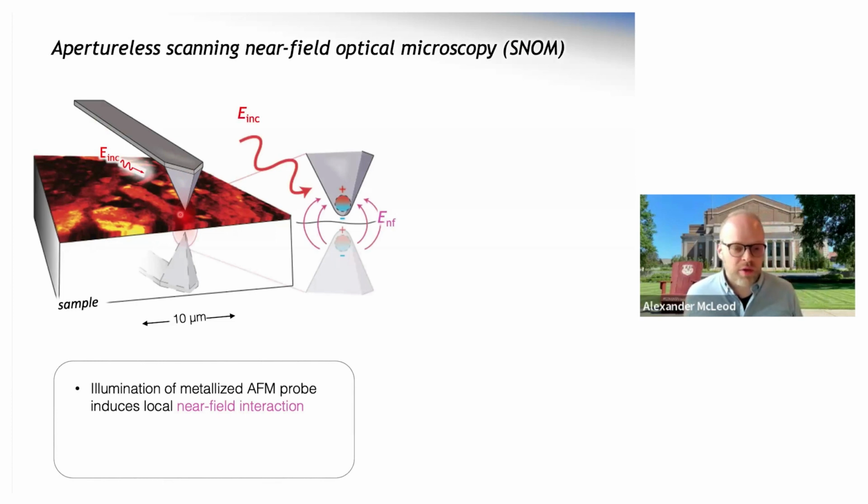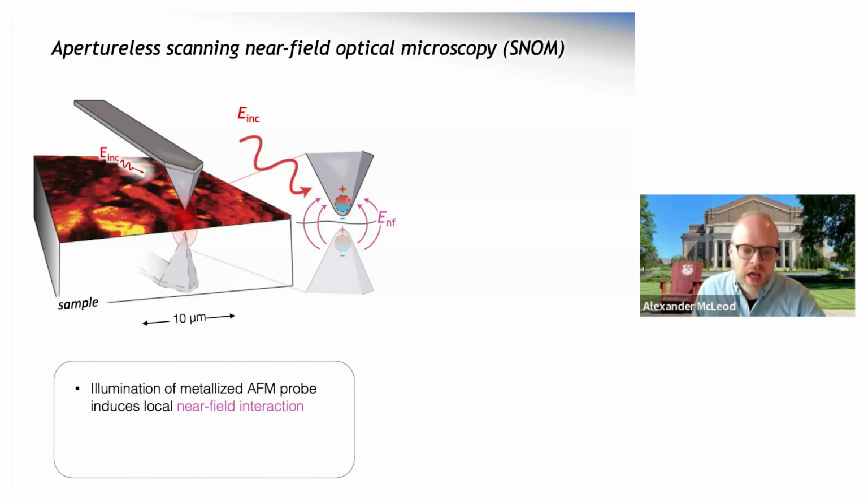And let me give a little zoom in there. What does it mean to polarize our probe? Well, if we have our atomic force microscope probe and it's coated in some metal, then the probe kind of acts like an antenna for the incoming light. And the antenna will polarize. That means that we'll get something like a dipole moment inside of our probe. So here's an instantaneous snapshot of charges. So we might have a plus charge on the top of our probe and a minus charge at the bottom of our probe, and this will cycle back and forth as the light wave that comes in is driving this